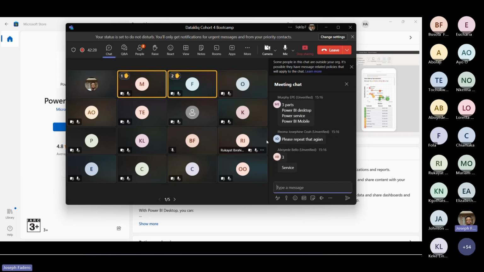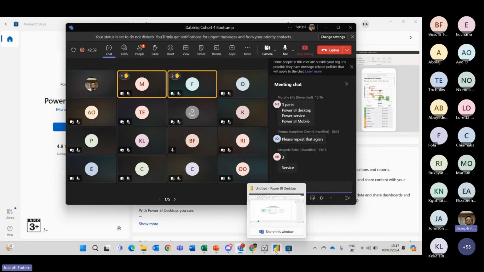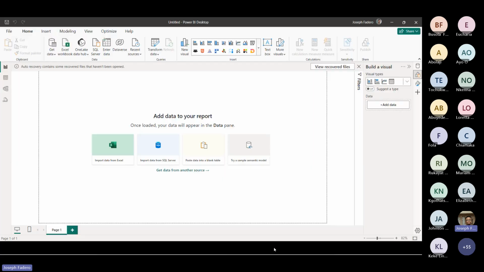So without wasting further of our time, let's open Power BI Desktop. Power BI Desktop is normally your starting point of contact when you are dealing with Power BI. This is where you can develop your Power BI architecture and build out your reports. So first things first, before we go ahead, do we have the same interface on my screen?